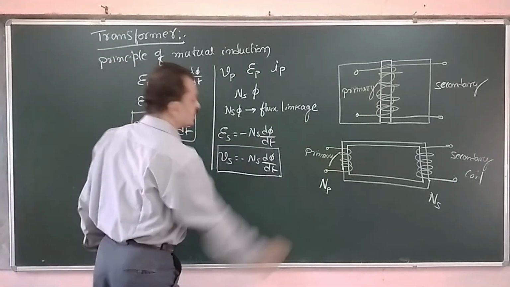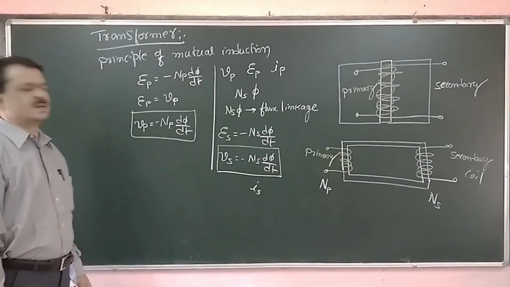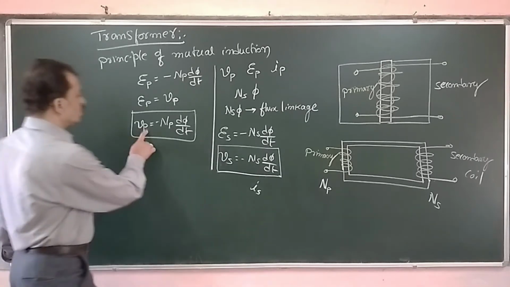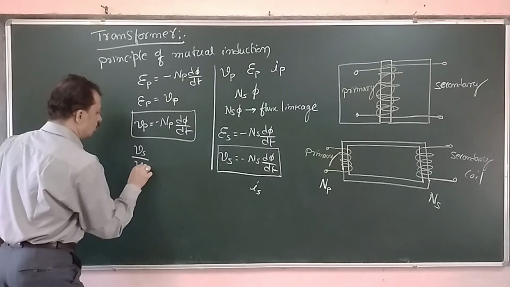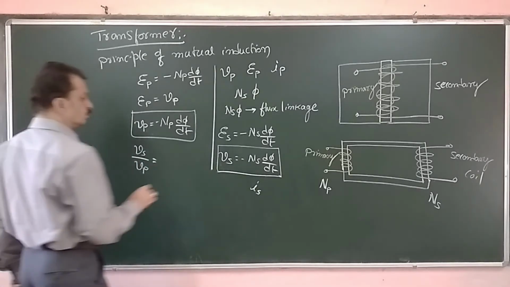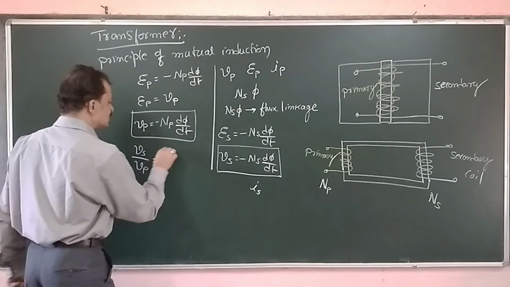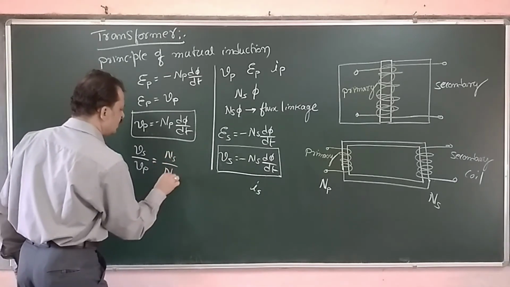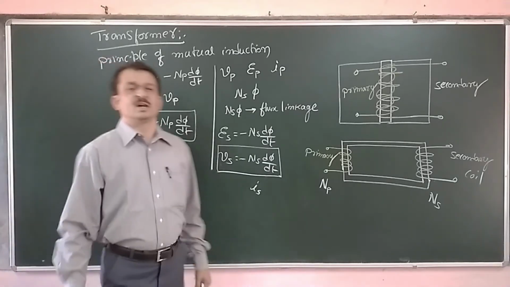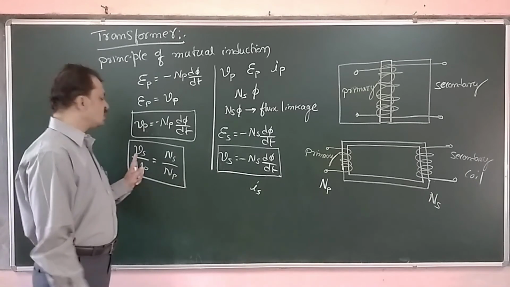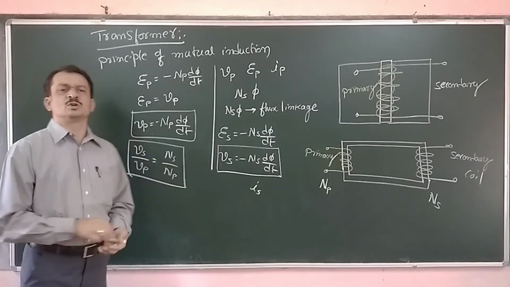Obviously, there is a current flowing in the secondary coil. That current we take as Is, the current in the secondary coil. Now take the ratio of these two expressions, that is Vs by Vp is equal to d phi by dt cancels, minus minus cancels, therefore we are getting Ns by Np. In the case of a transformer, the voltage across the input or the output is directly proportional to the